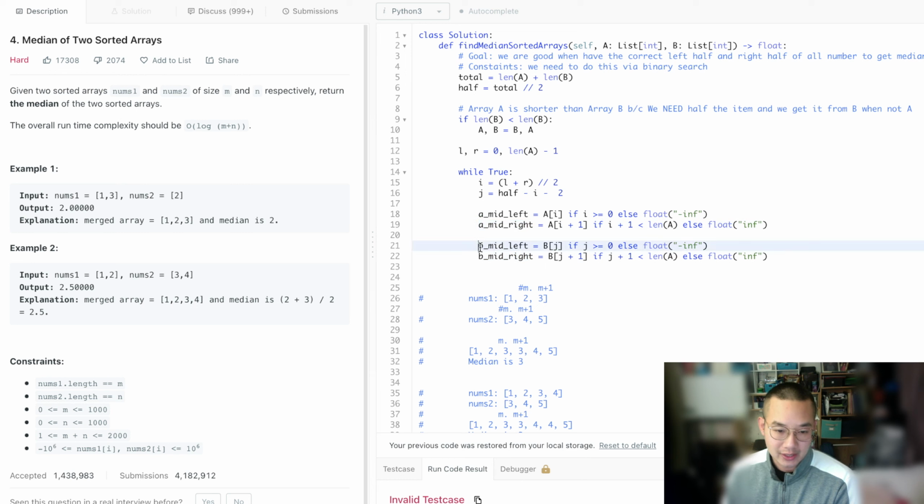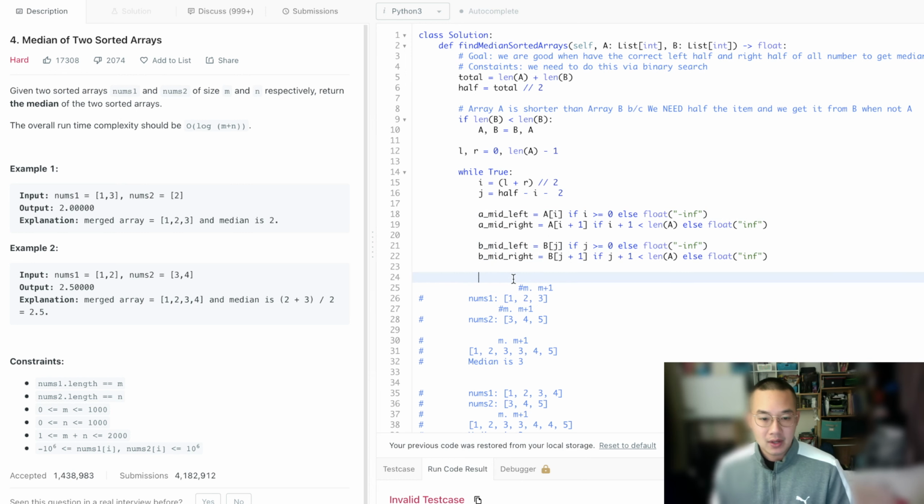We know for sure that A mid left is less than A mid right, and B mid left is less than B mid right. We just need to make sure that A mid left is less than B mid right, and B mid left is less than A mid right. Okay, so